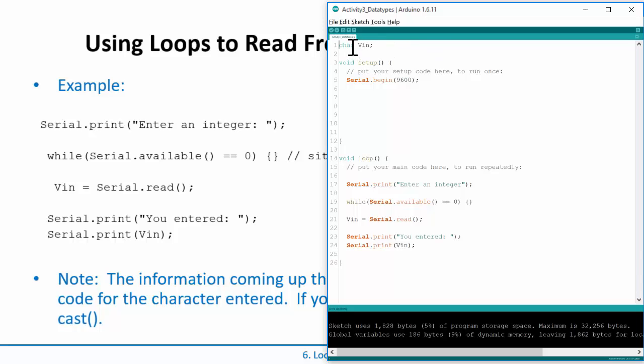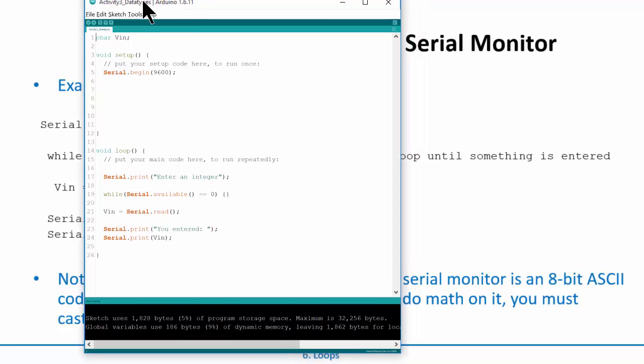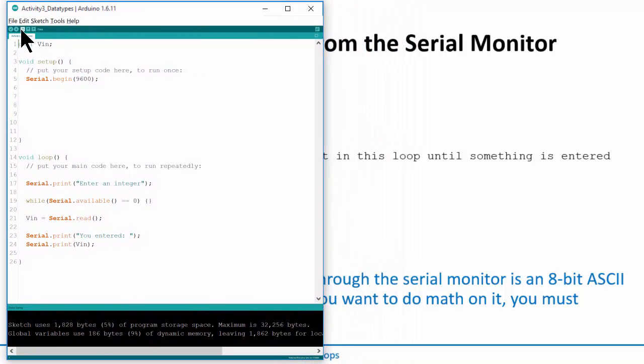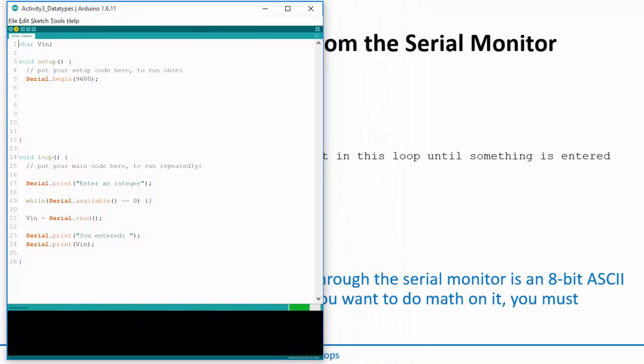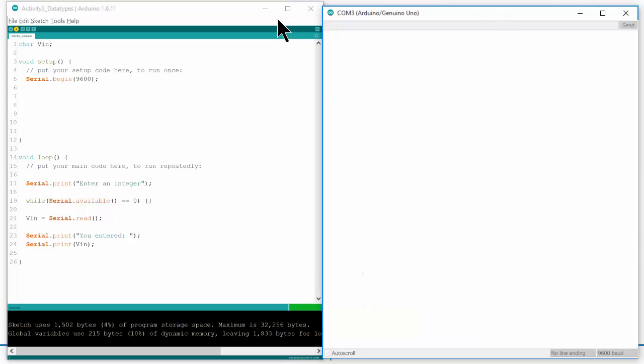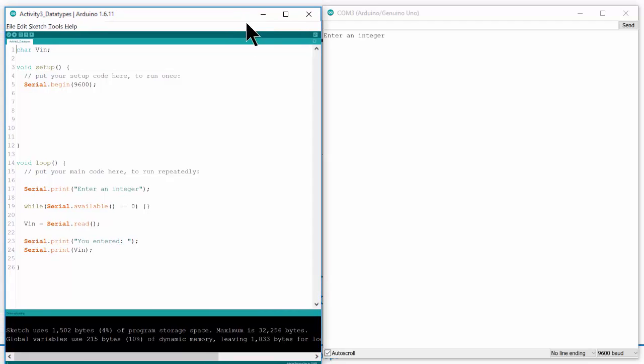All right, so now I'm going to fire this up, and we'll see what happens. Let me pull up the serial monitor. And now we're sitting here. "Enter an integer." One of the things you notice is that if you click in the serial monitor and try to type something,